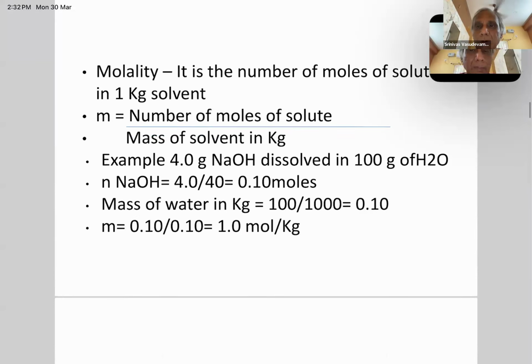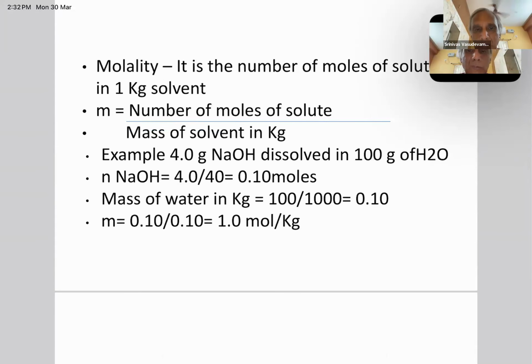Molality, it is the number of moles of solute in 1 kilogram of solvent. Number of moles of solute divided by mass of solvent in kilogram. Example, 4 grams of NaOH dissolved in 100 grams of water. Number of moles of NaOH, 4 by 40, 0.10 moles. Mass of water 100 by 1000, 0.10. So molality equal to number of moles of NaOH divided by mass of water in kilogram, 0.10 by 0.10,